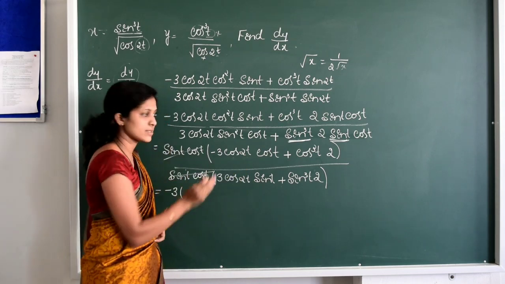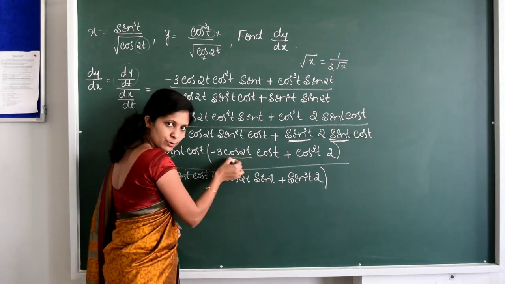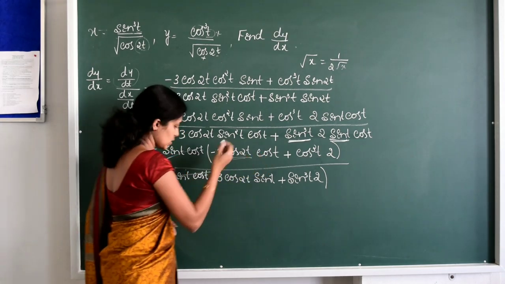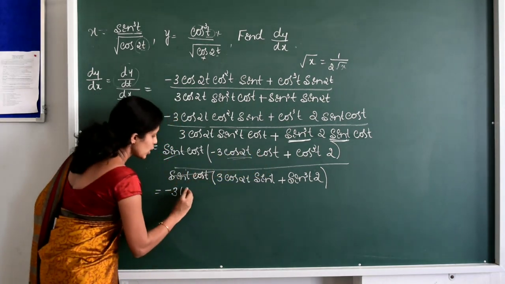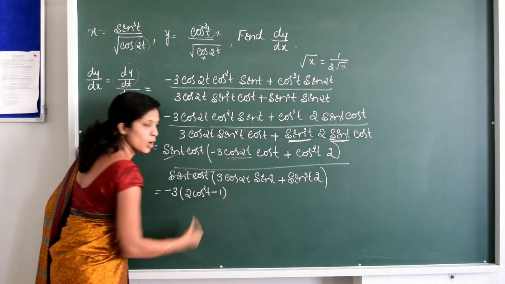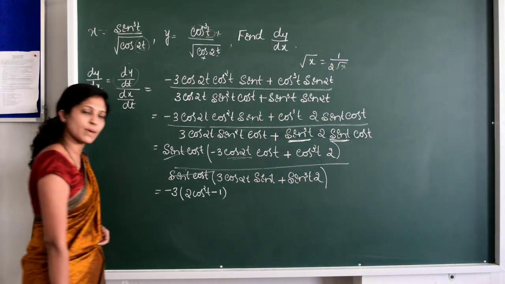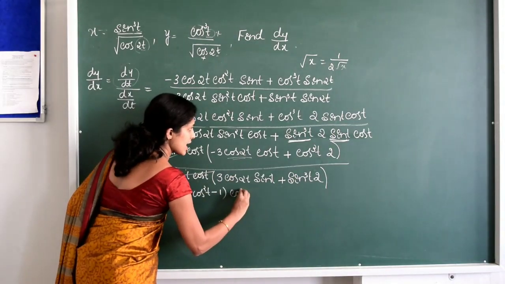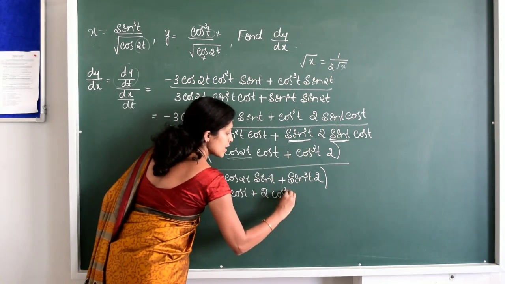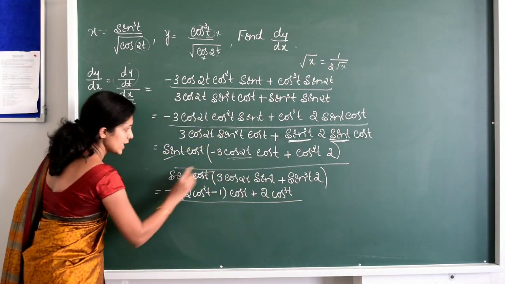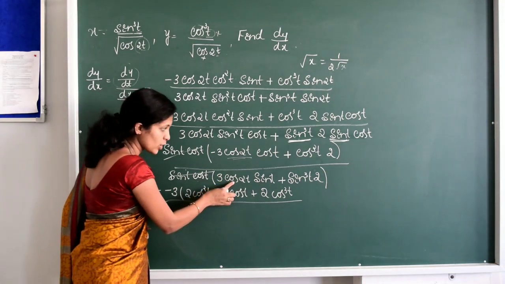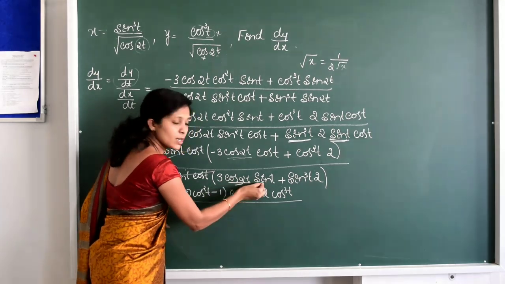There are 4 formulas. Now here you have to substitute the formula in terms of cos, because here cos is there. Is it clear? Cos 2t, in terms of cos I can write 2 cos square t minus 1. Is it clear? Cos 2x is 2 cos square x minus 1. So cos t is as it is, plus 2 into cos cube t is as it is, divided by, here also 3 into, here also you have to substitute the formula for cos 2t, but it should be in terms of sin.